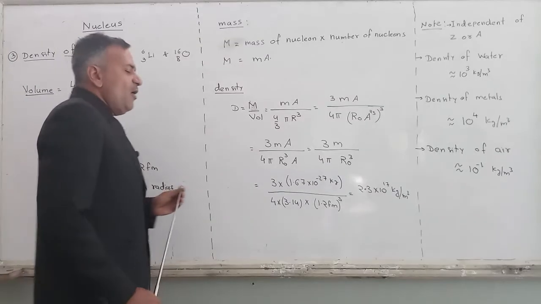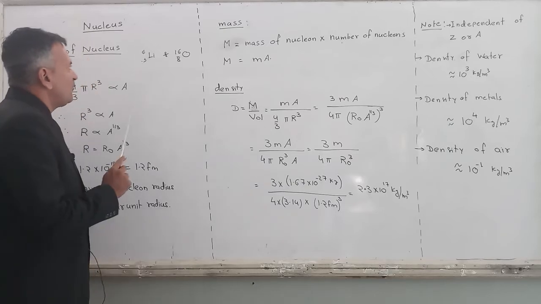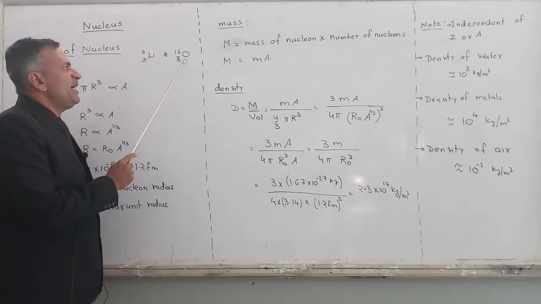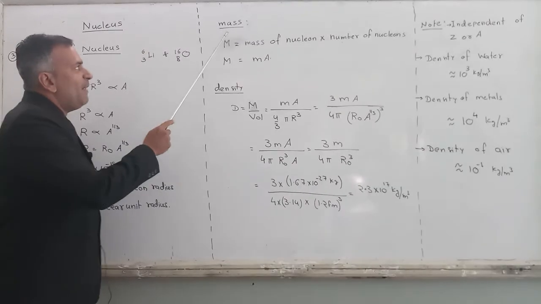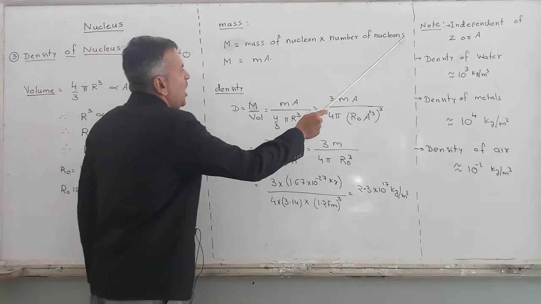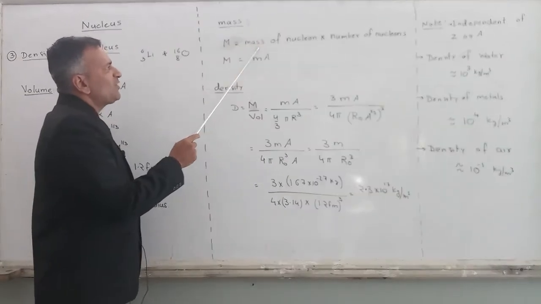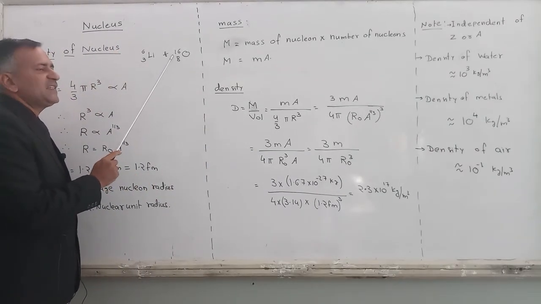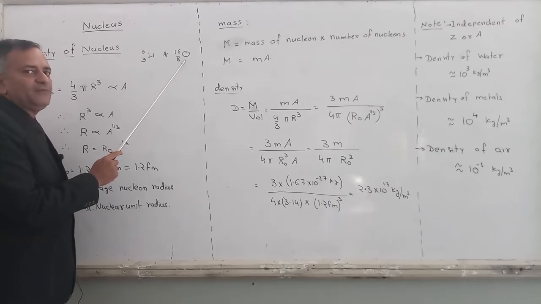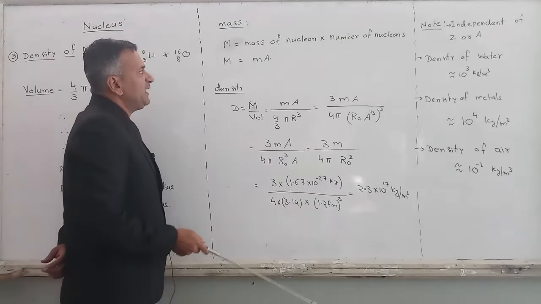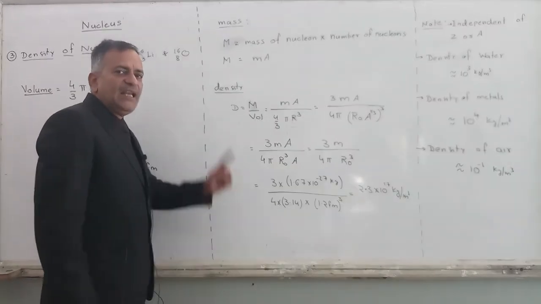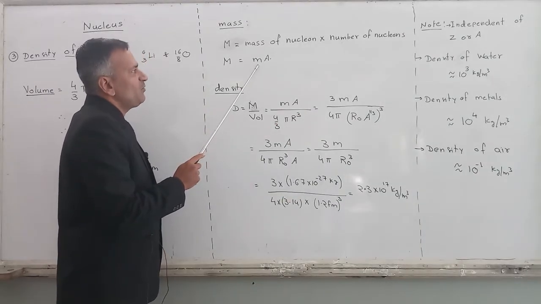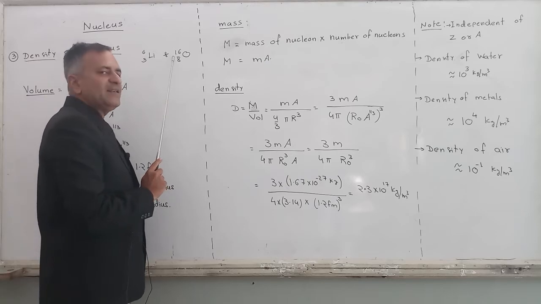Right? Now the mass. Compare the masses of lithium and oxygen. Which of these two you think have a greater mass? Obviously oxygen. Why oxygen? Because its mass number is greater. So mass of nucleus depends on the number of nucleons present in it and the mass of one nucleon. ठीक है, इसमें कितने nucleons हैं? 6. इसमें कितने nucleons हैं? 16. So obviously इसका mass greater होगा. ठीक है, तो total mass of nucleus depends on two things: mass of one single nucleon multiplied by the number of nucleons. m is the mass of nucleon, A is the mass number.